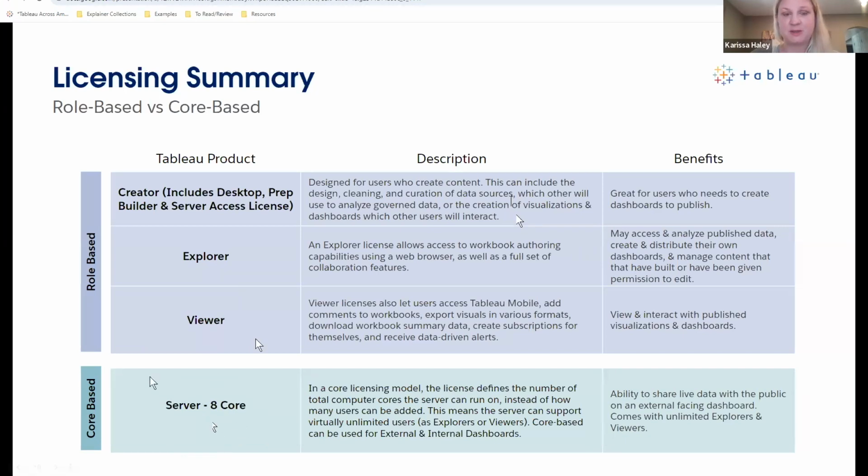So you're not limited on who you're able to share that data with, right? Those are free, included in this licensing structure. If there are any questions, I can always get deeper into that, but at a very high level, these are the roles that we put everybody into.